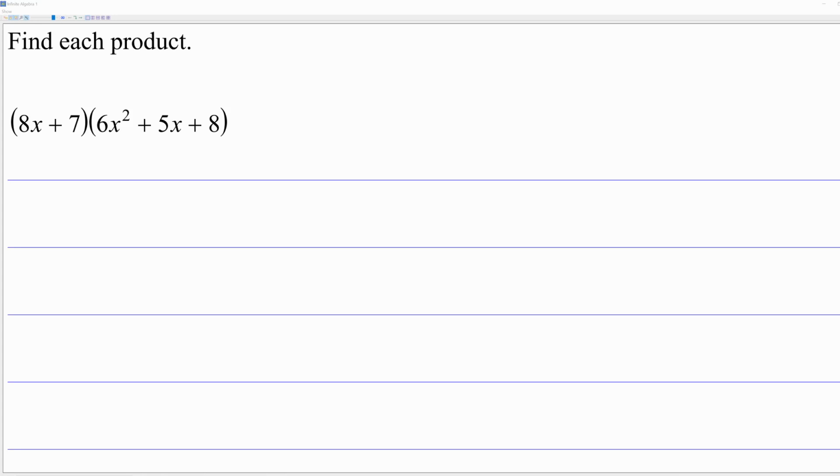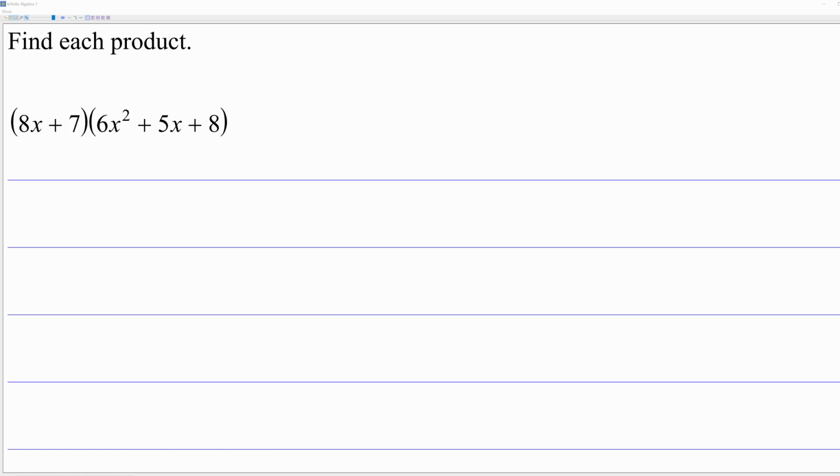This video is about multiplying polynomials. The good thing about multiplying polynomials is you use the same strategy every single time, and it's nothing more than the distributive property. So what we're going to do is multiply this linear binomial times this quadratic